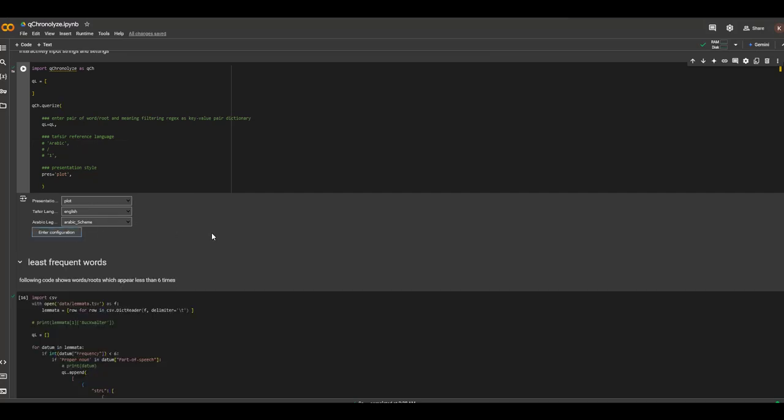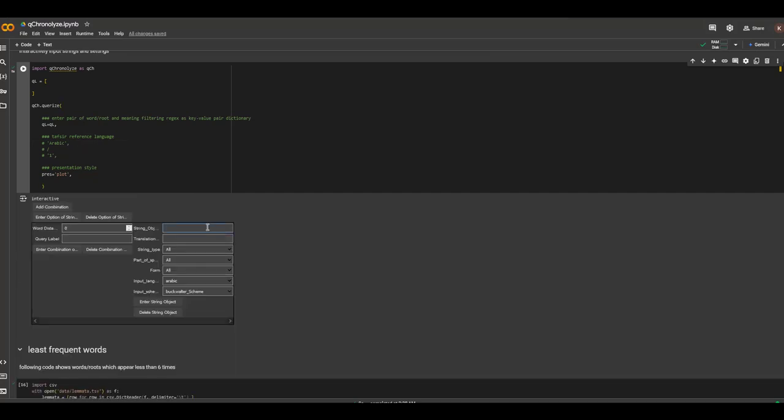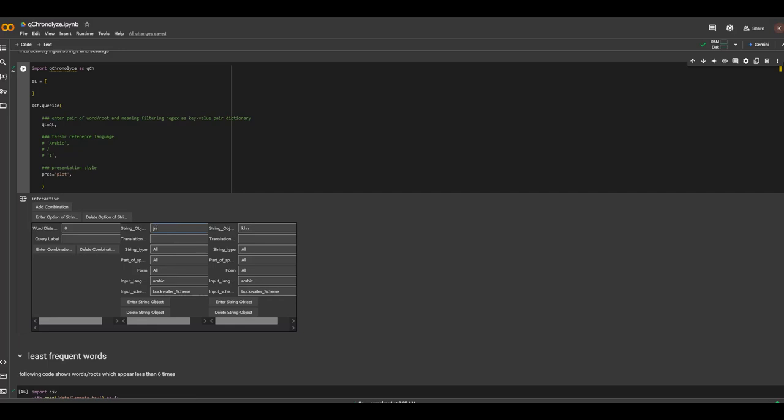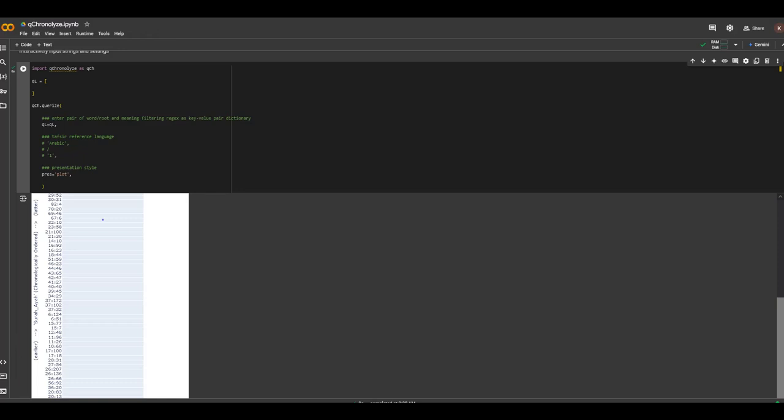If you want to enter the query interactively, we're going to see Kahin, root of Kahin, KHN, with Majnun, root JNN. You can actually change what type of string you're looking for: root, stem, lemma, English, or all. The default is all, so I'm going to put that. You can change it to root or keep it in all. There are other options, but I'm not going to use them right now. So we enter our query, and